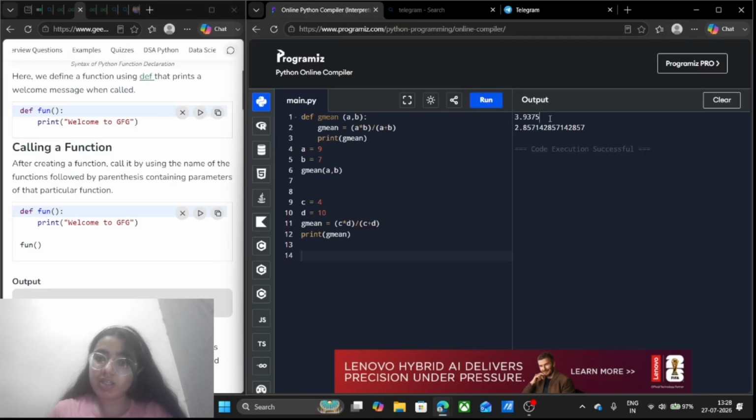I am going to run it. See, we are getting our first geometric mean. I am going to do the same here also. I will call the function as gmean and in the brackets I will write c and d, because I want it now to operate for c and d. So I am passing my variables as c and d. I am going to run it. See here, we are getting the same output. So we do not need to write the code again.